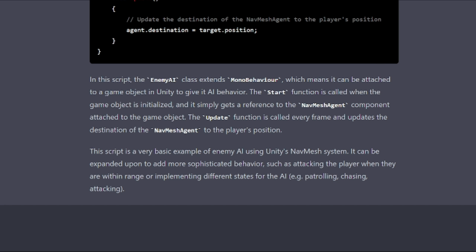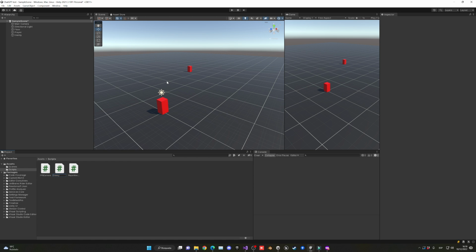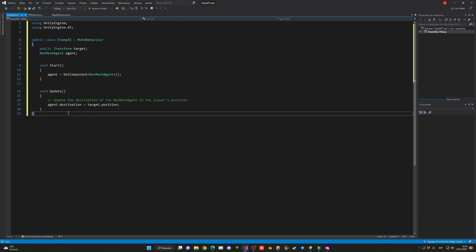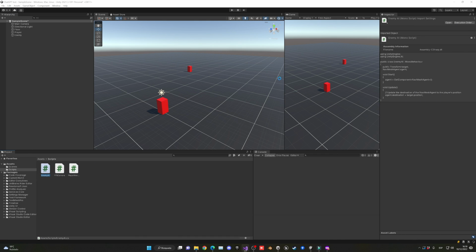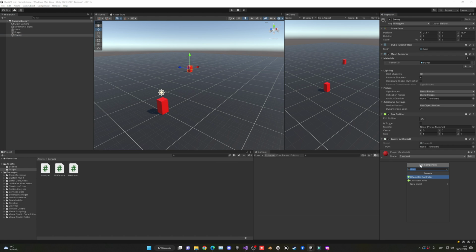So let's go ahead and integrate this AI. I'm going to copy the code and create a new script. It's going to be called EnemyAI. Let's open it up, paste it, save it and close it, and add it into the player, enemy, sorry. So just drag the script, and now we have to add the nav mesh agent,